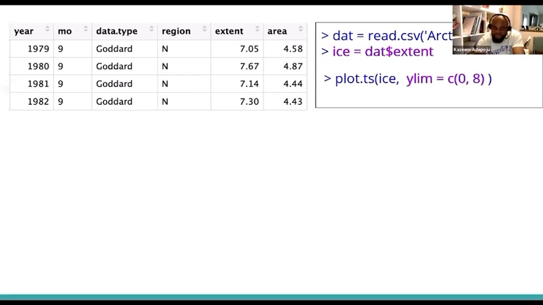I told you the other time, the preliminary part of the investigation when you are dealing with a time series is to generate a time plot. When you take a look at this particular code here, this is code in R. If I want to generate a time series plot on the ice, don't forget, this is my ice, and the ice is just the extent